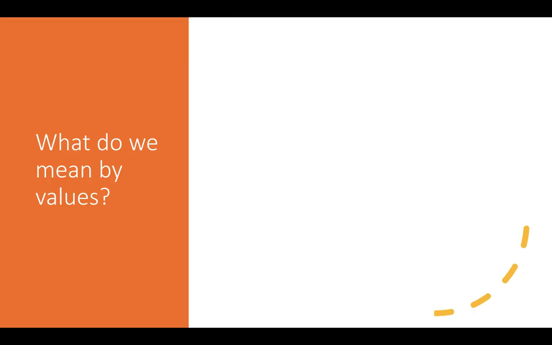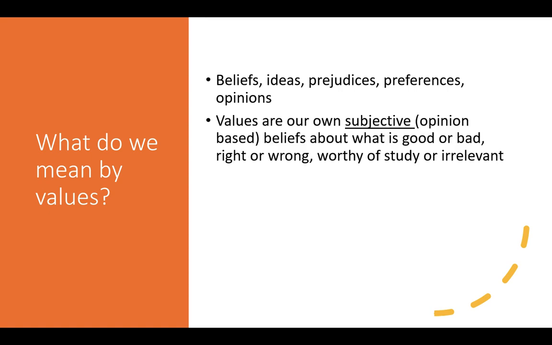So in sociology, there is a key question. Should we use values in our research? And the most important thing to get straight away is understanding what values are. They are beliefs, ideas, prejudices, preferences, opinions, anything to do with your own personal ideas about something. They link to what you believe to be good and right. Values are subjective. They are based on opinion. They are our beliefs about what is good or bad, right or wrong, worthy of study or irrelevant,